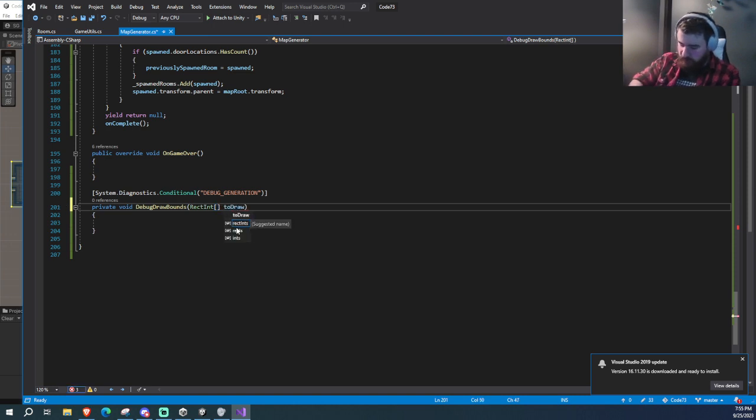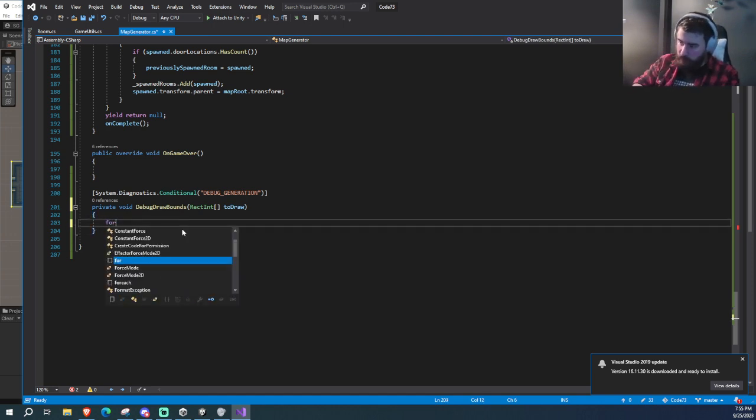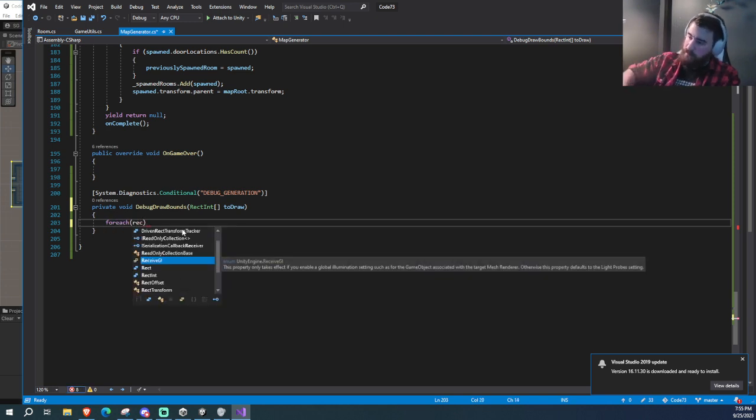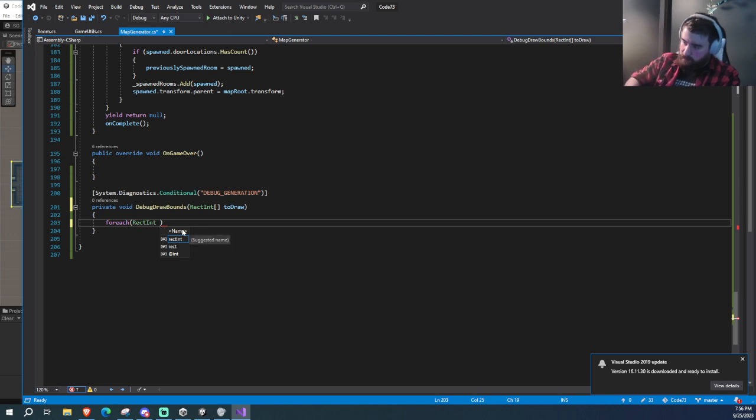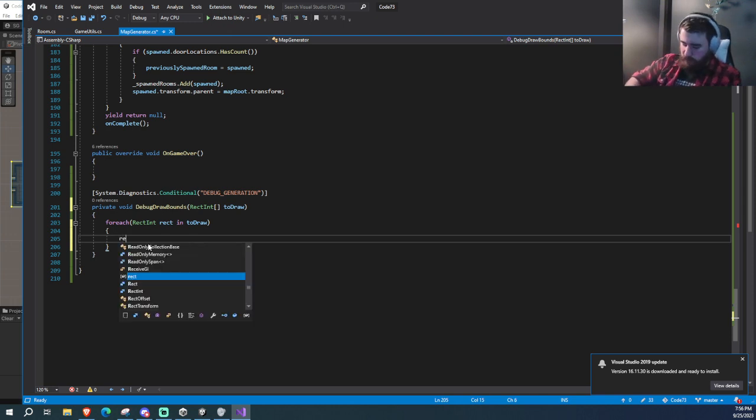I'm gonna make it an array because all these things are an array, so it's just gonna be easier to draw it that way. And then I'll go for each rect int, rect in draw. For each one of these guys, I am going to go and get rect dot